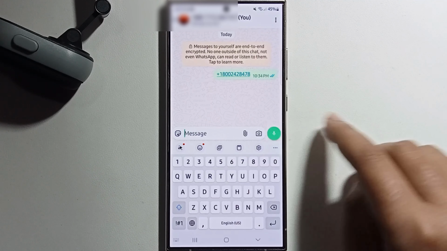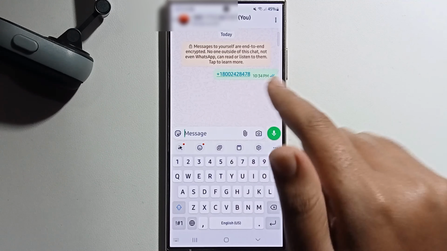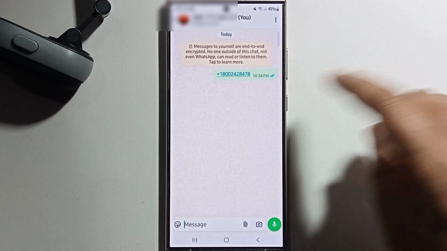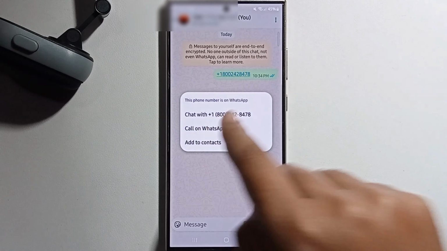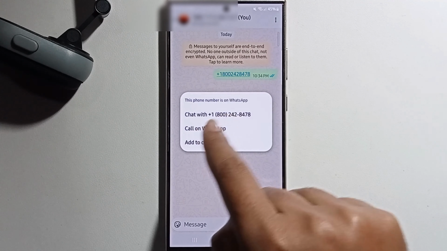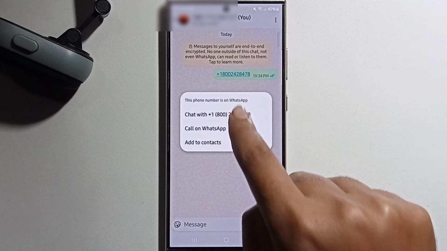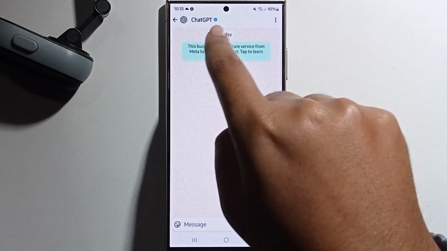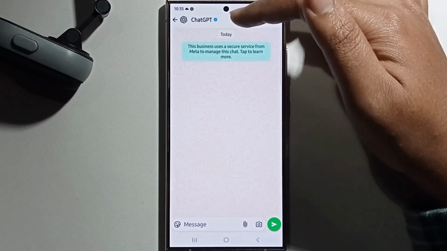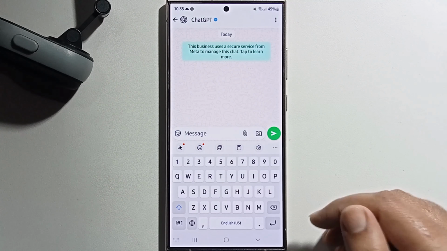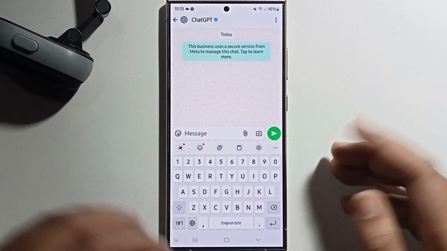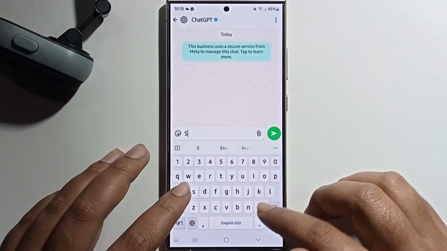Okay, and send. You just send this number and click on this number, then it shows this option. Just click on the first option, chat with this number. Okay, and then it shows ChatGPT, verify. So you can easily use your ChatGPT from here, like